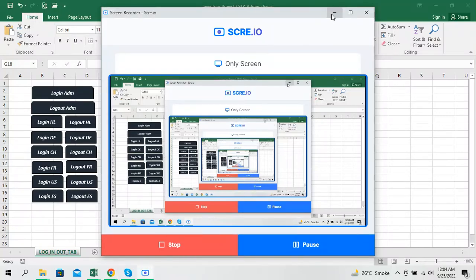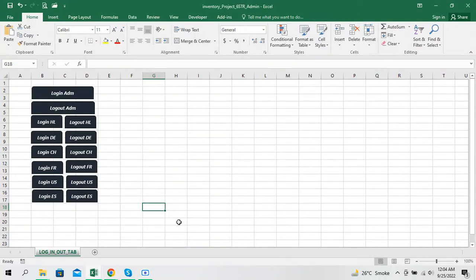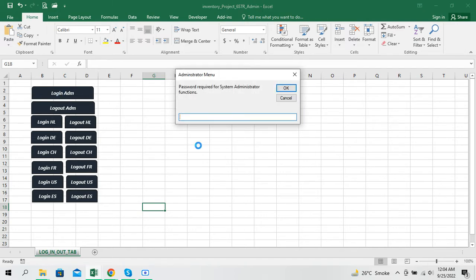Hello, I'm going to explain the work that I have done. I have added the login and logout sheets. At the moment, all the sheets are logged out. Once you press login for admin, all the sheets get back